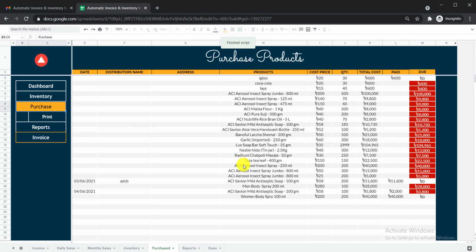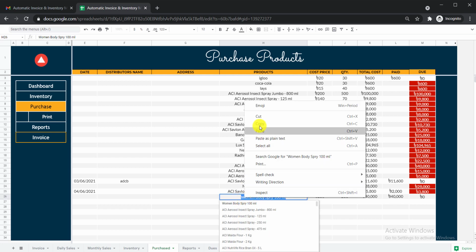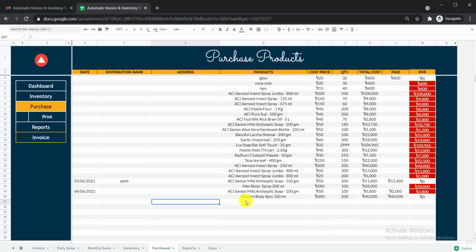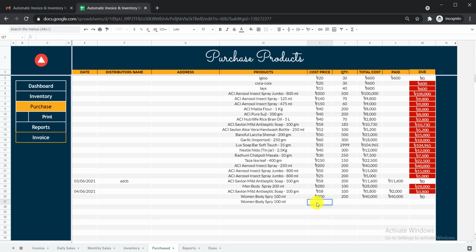As you already added this product once, you don't need to write down this name in the inventory page again. For a new product, you need to add it only once in the inventory page. Whenever you purchase this product again, you don't need to do anything in the inventory. Just write it in this purchase page, and everything will be updated on the inventory page. Let's say you just purchased another 100 bottles of this spray. Just put your 100,